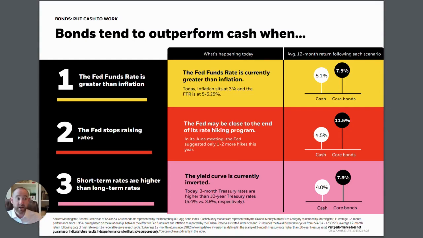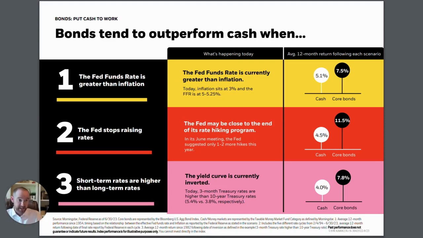So first, to give you some context of the chart that we're looking at, when we're talking about the short cash, we're actually looking at the average money market rate as of, I believe, 6:30 in this scenario. And then when we look at the historical scenarios, we're going back from essentially 1954 and looking at all the times that these different scenarios took place and what was the average outcome during that time period.